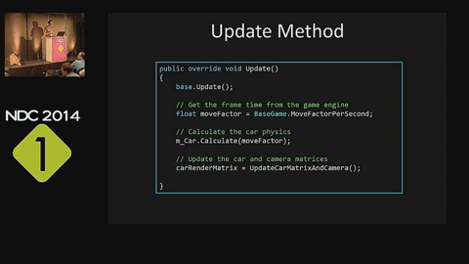And then we're basically updating the car's position. We have a matrix data structure, and you'll have matrices, you've got them in XNA and you've got them in Unity as well. It's basically going to describe how the car is displayed on the screen. We call this method to update the car matrix and the camera,